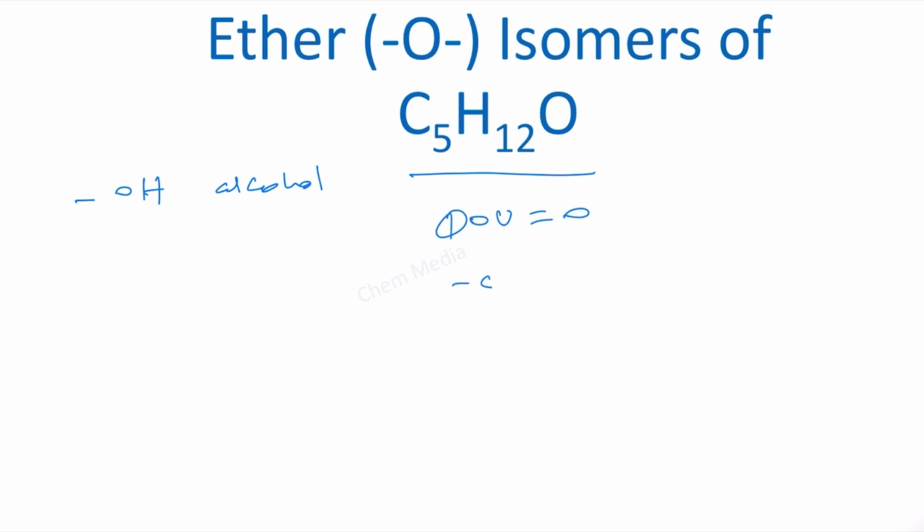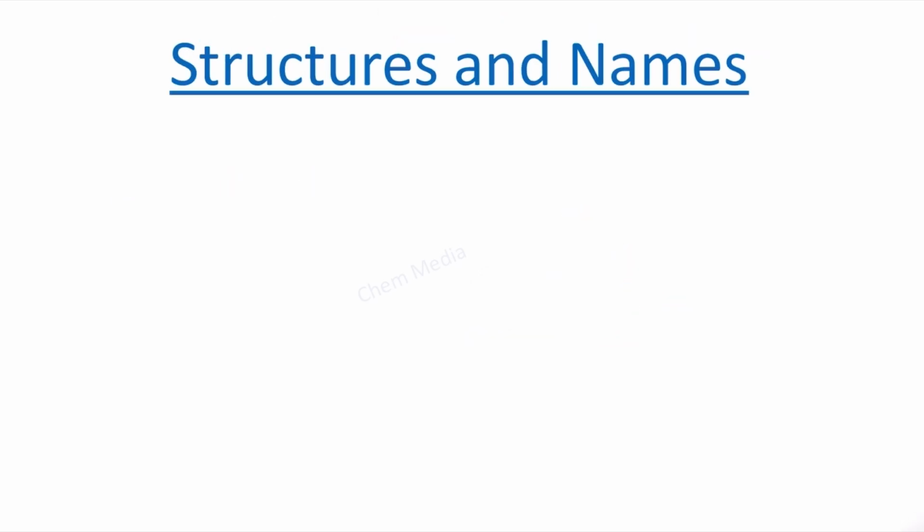That means that no carbon-carbon double bonds or cyclic structures are possible. This is strictly no. Let's write down the structures one by one. I am going to write down the structures both in condensed form as well as in bond line notation. Number 1, we can write butyl methyl ether, that is